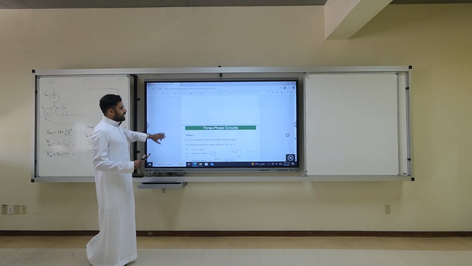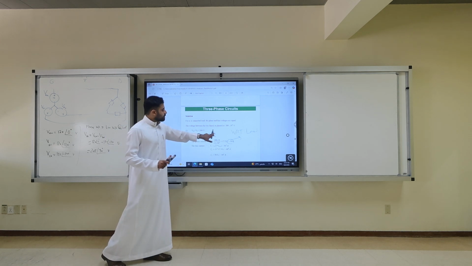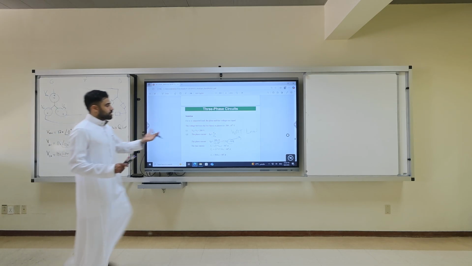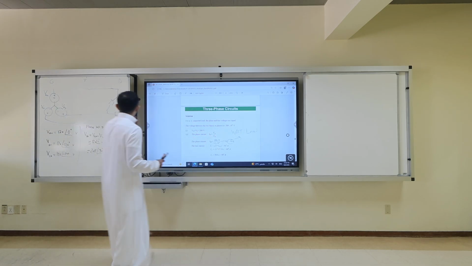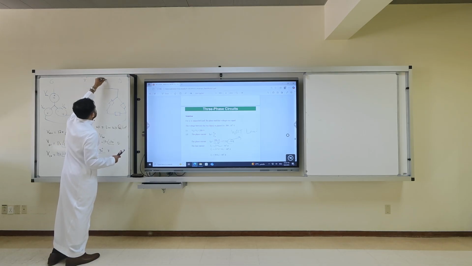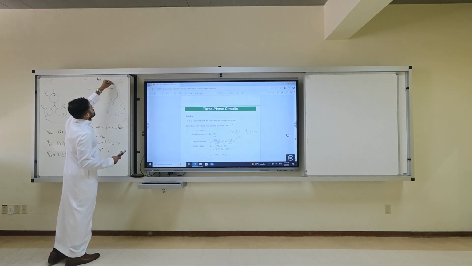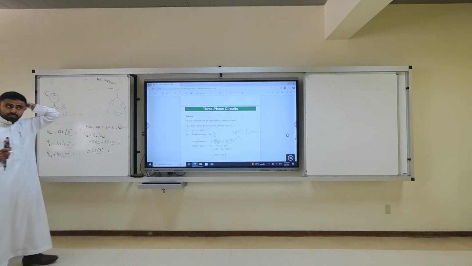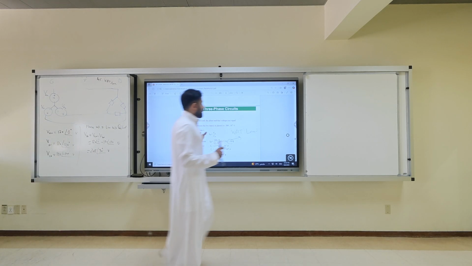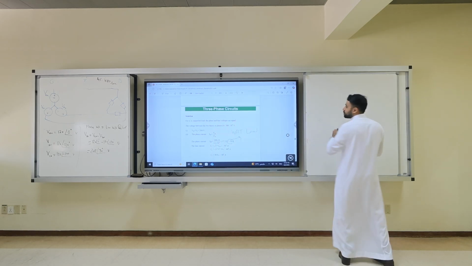If you look at the slides, he is using VAB as the reference, 0 volts. Both are correct, but this is with respect to the load. Mine is the reference with respect to the source. Okay? Now, for the other two phases,